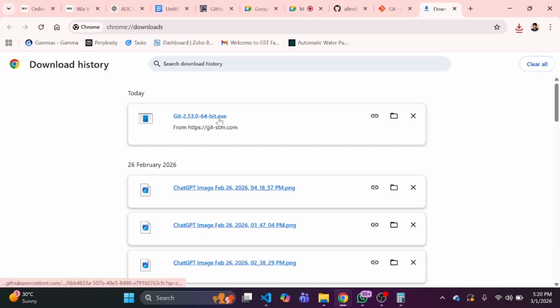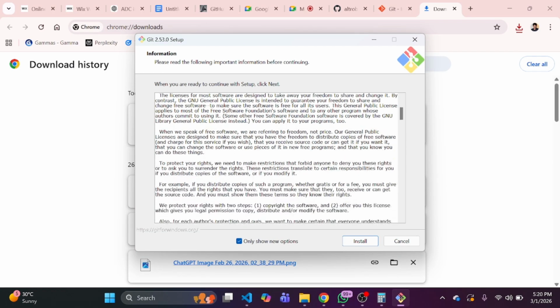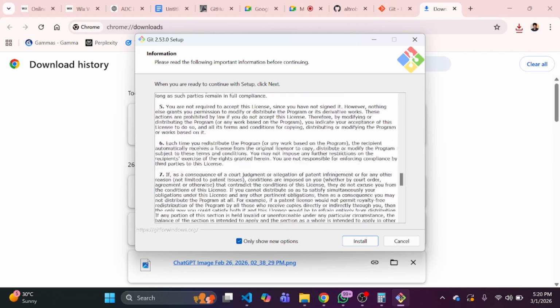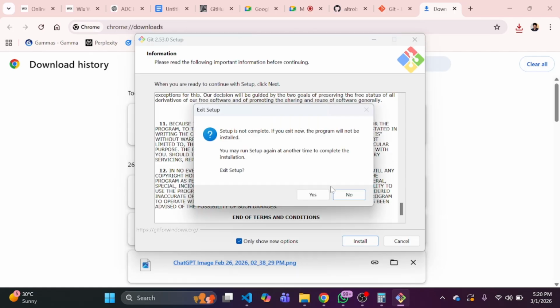It will ask you for a few permissions, right? Just install everything here. I don't think it will cause any difficulties. Just click on next, and you will get it installed, right? I already have it, so I do not want to disturb my existing system, that's why I'm skipping it right now, but you can install it. Fine. When you get it installed, right,